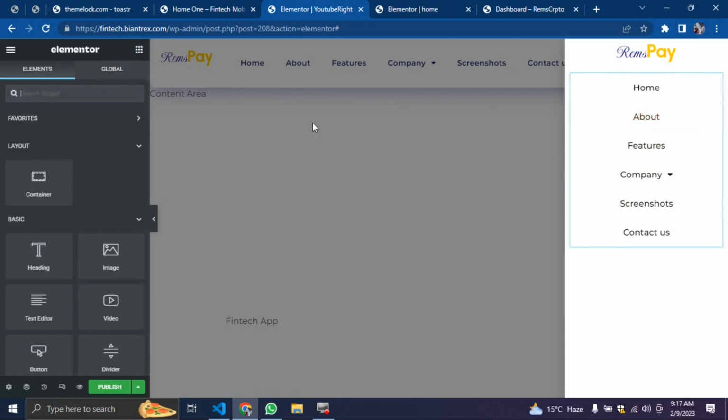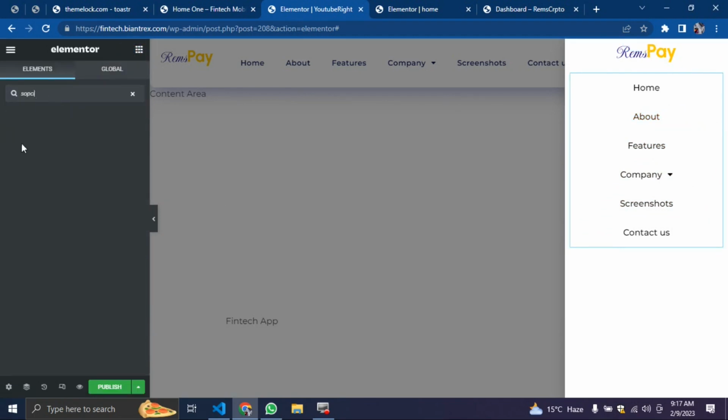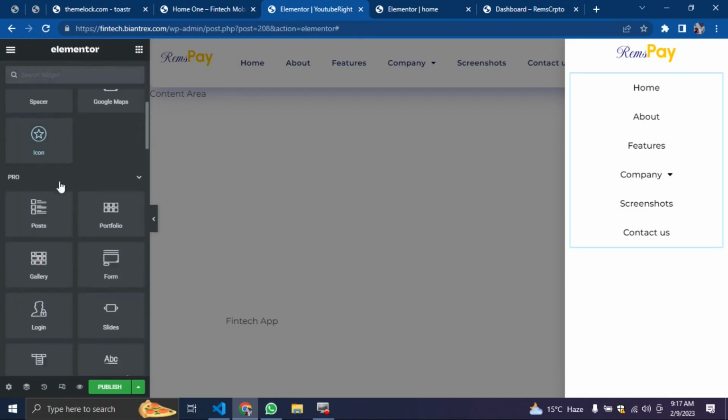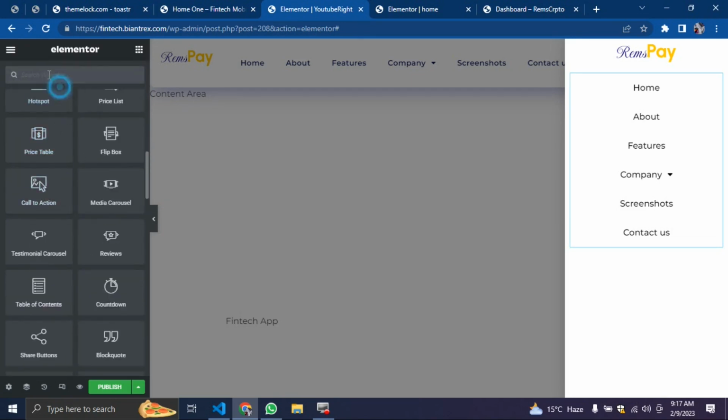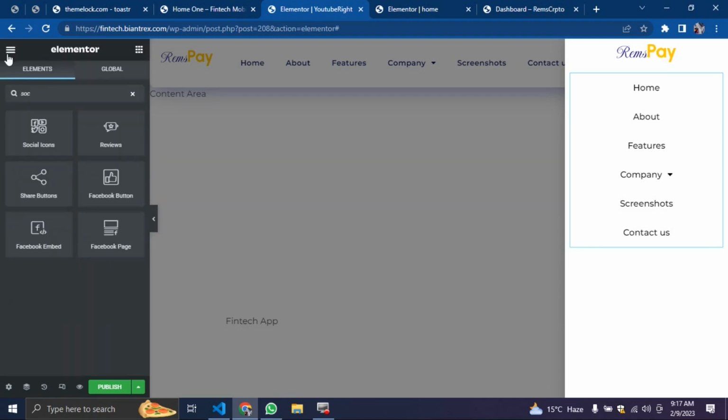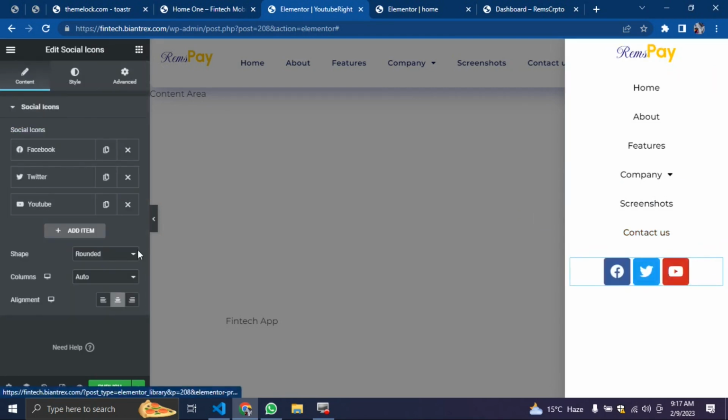So let's say we want to add a social icon. You can just search for the social icon in Elementor. You always have it, social. So drag it down here, and we end up having some icons. So by default the icon is like this, so you can format it. You can change the shape from either square to rounded or to circle, and you can add your own kind of